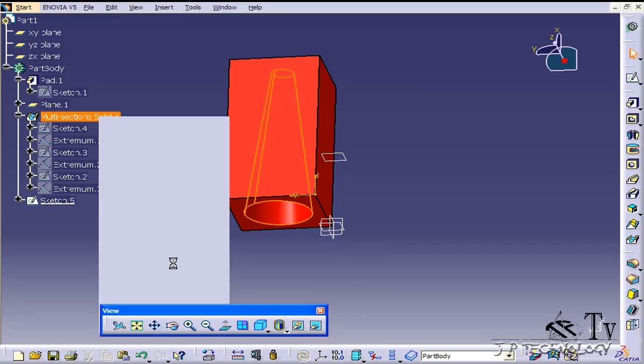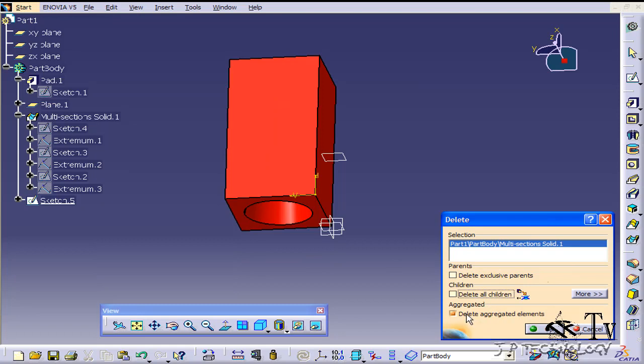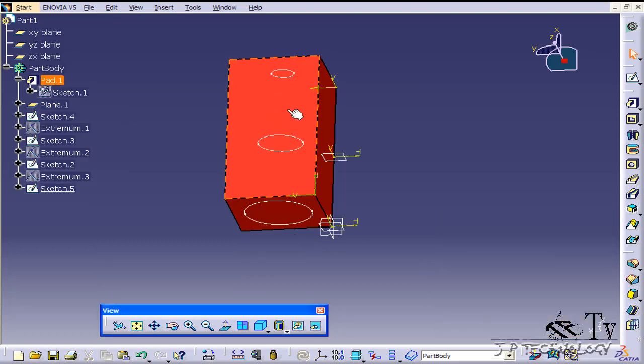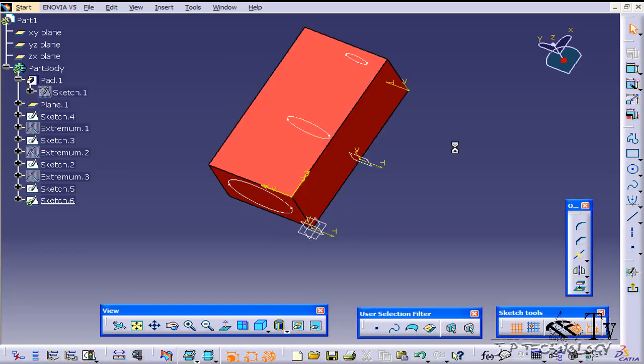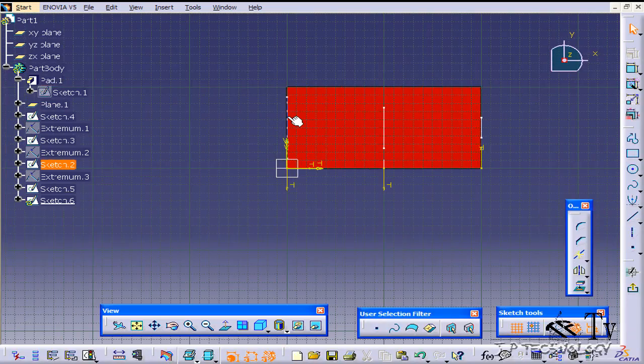right click, click delete, and uncheck delete all children and uncheck the aggregated. So now we're left with all of these sketches here. What we're going to do is connect them all by making a sketch at the top, like a spline, so a path that it can follow. So let's click the top face, click sketch, and let's click each of these circles,